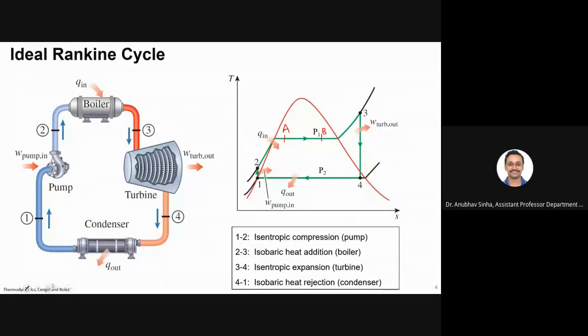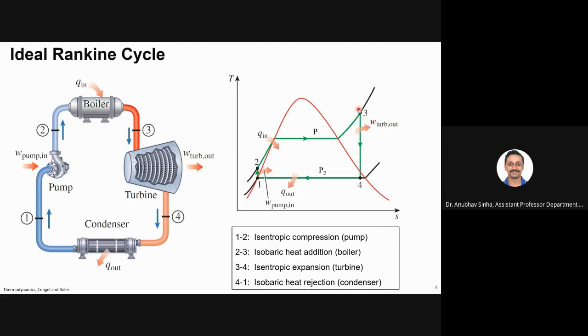B. So what is happening is basically your proportion of steam is increasing as we go along this line. Proportion of vapor. So then we reach this point, which is saturated vapor. Okay, the fluid is saturated vapor here, and we keep on adding heat continuously. We don't stop here. The boiler is continuously adding heat such that it goes to point 3. Okay, now point 3 is your superheated steam region.